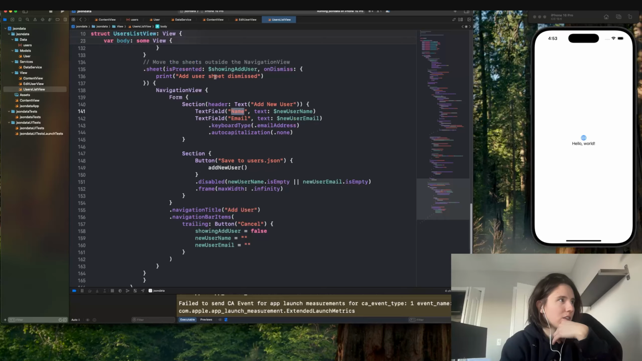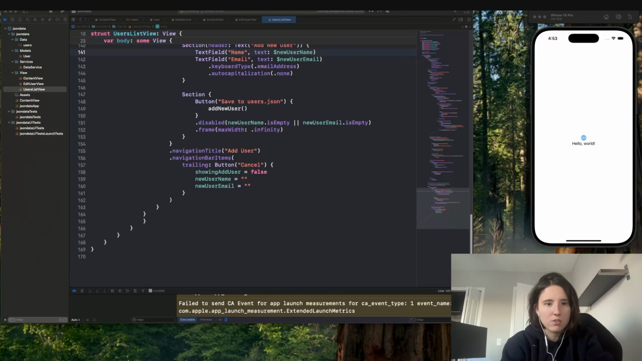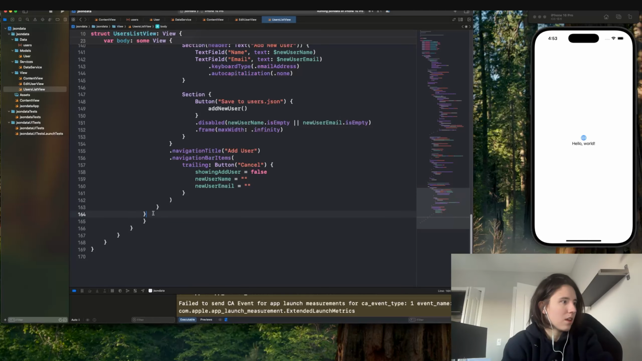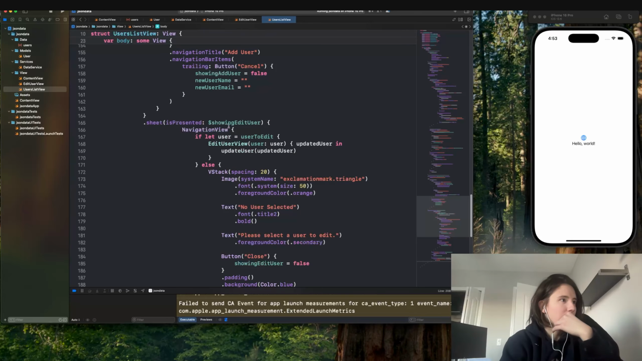So for adding someone, showing add user, then something's going to slide up. We can add a name, an email. We can save that to the user JSON file. And then once we have added this, we can also set up something else, which is another sheet. So let me just copy this here, and I'll paste this right here. So here we can see showing edit user,